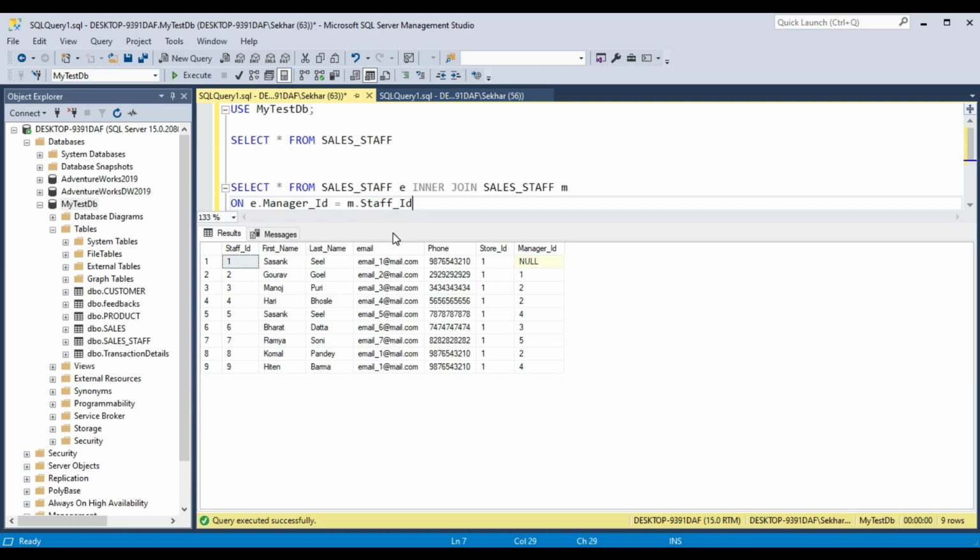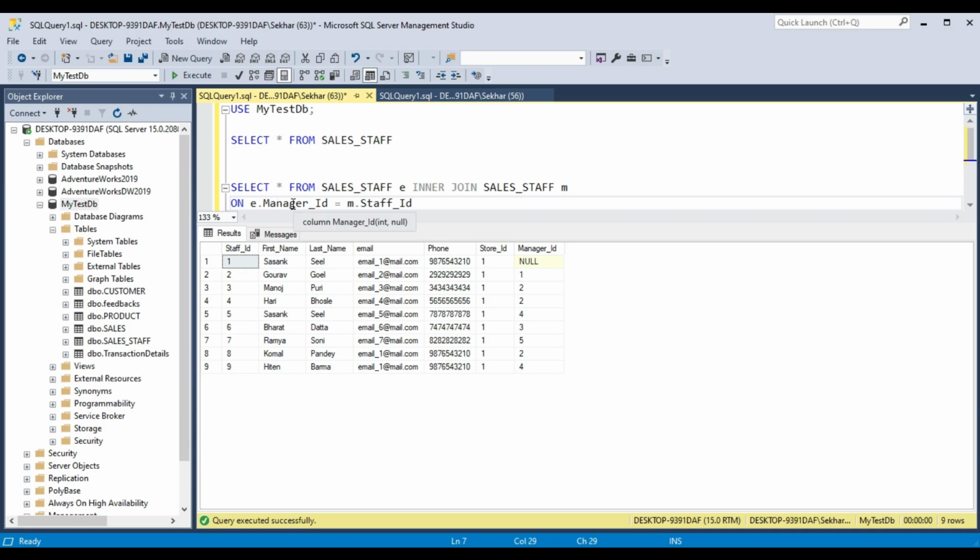staff ID. So we are passing the manager ID value as a staff ID, and we will pull the name of the staff, and that staff is a manager. You understand it, right? The manager is also a staff.